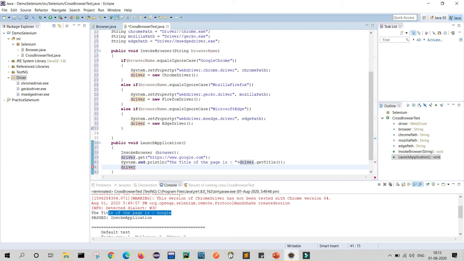So for this we can write driver dot close.